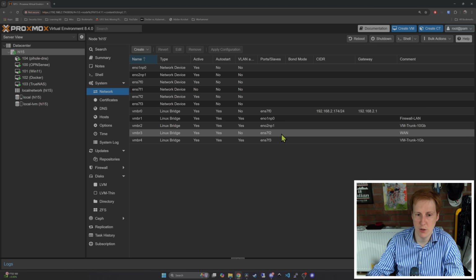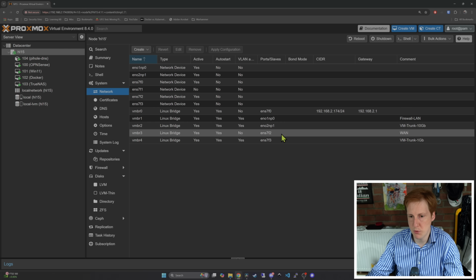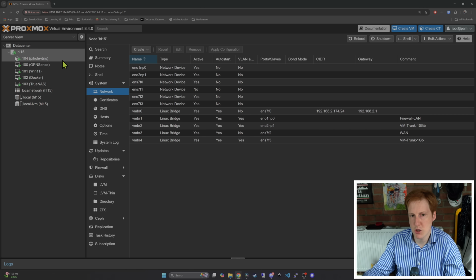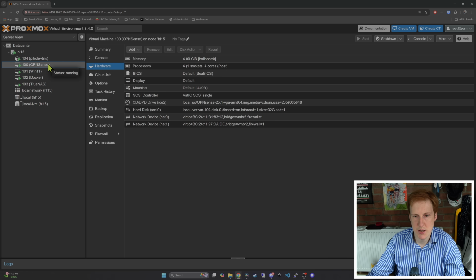I would actually need to improve this to a 2.5 gig at least because I've got 2 gig internet, but 1 gig's probably going to be fine for most people. I've also then created just a basic VM trunk 1 gig again using another one of those quad ports, and I use that for the CT container because that should be more than enough just to run Pi-hole as a DNS. So if we go back to OPNsense here, you can see I've got that LAN and the respective WAN